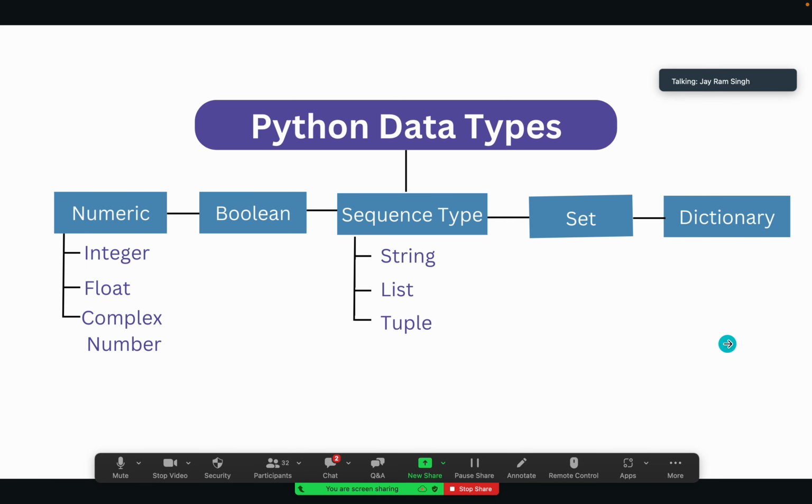Now see this structure. I have drawn this flow chart. There are 5 types of data types in Python: numeric, Boolean, sequence type, set, and dictionary. In numeric, there are 3 types: integer, float, complex number. So anybody can tell me what is integer? A whole number, without any decimal point. Float, with decimal point. Complex number,